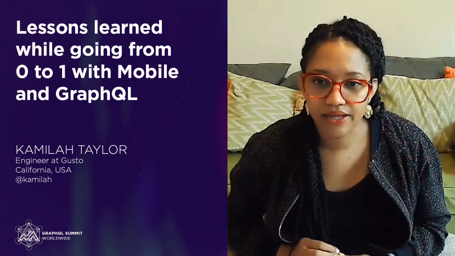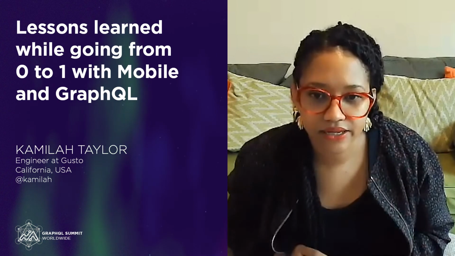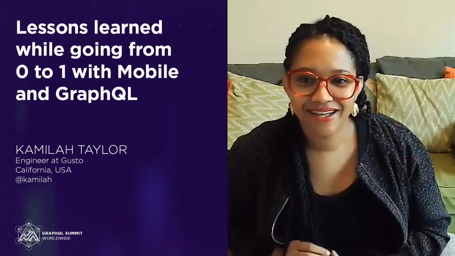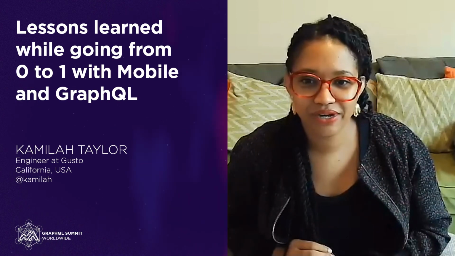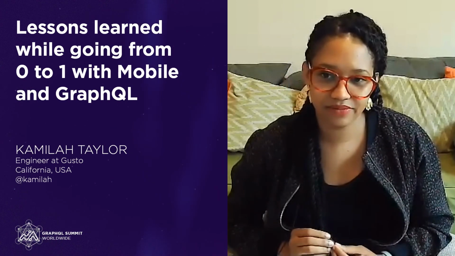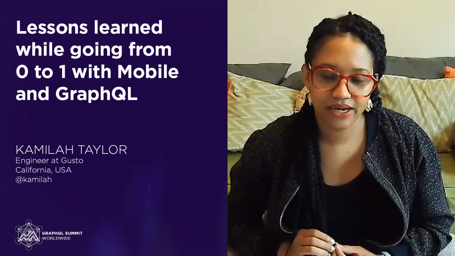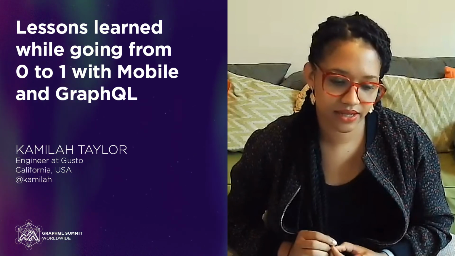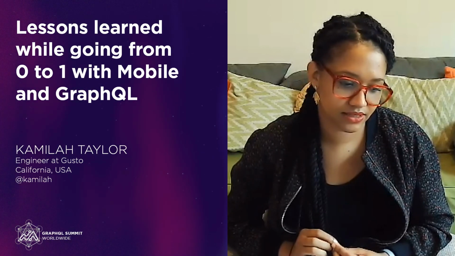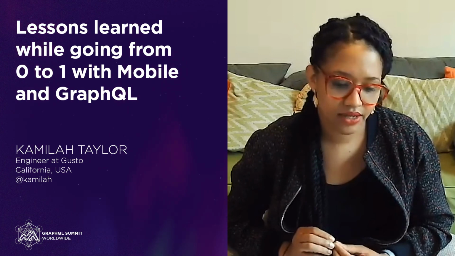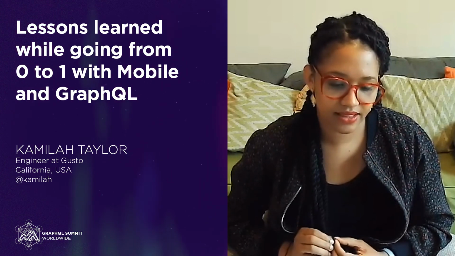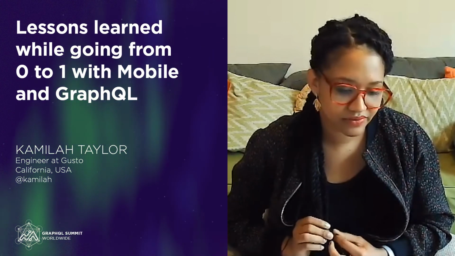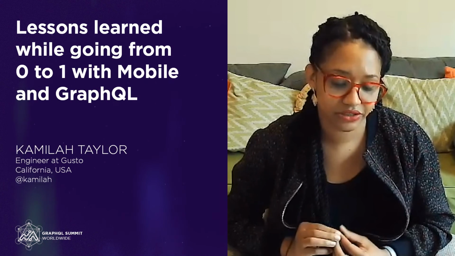Wow, we have lots of questions. All right, lots of questions from Alan. At what point did you start working with the backend team about the structure of the schema? Definitely from the beginning. The mobile team actually started building a lot of the schema first for part of the app. And then other parts of the team doing more backend things took over some of that and were building out new features.